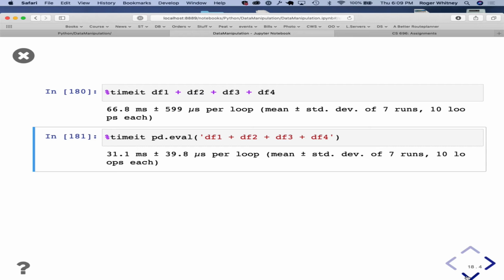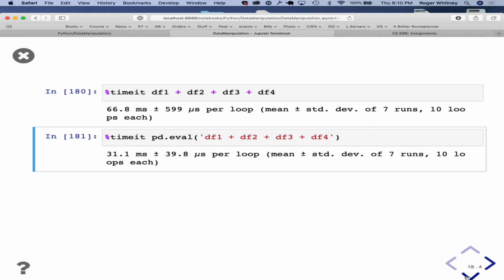But using the eval is a lot faster. Of course, the problem is several things. One is now we're back into embedding our code in a string and then having someone evaluate it.